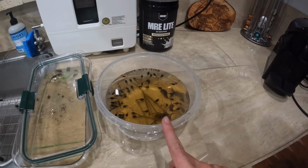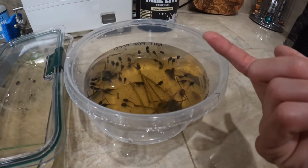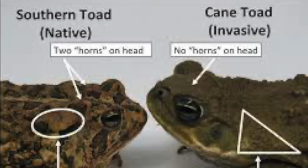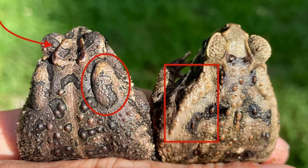The cool thing with the tadpoles is they breathe air. They actually come up to the surface and gulp air. The only thing is, I don't know what kind of frogs these are. And in Florida, we do have the invasive cane toad or boo-foo frog or boo-foo toad, whatever you want to call it,